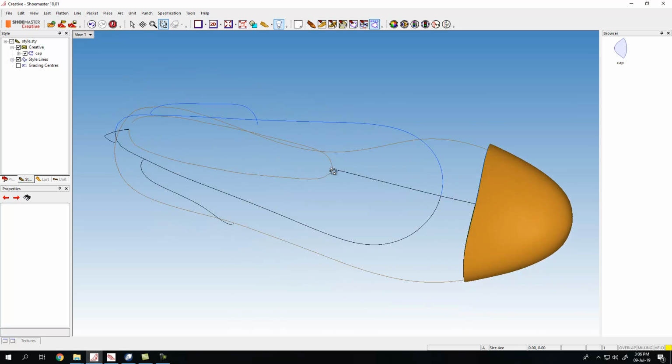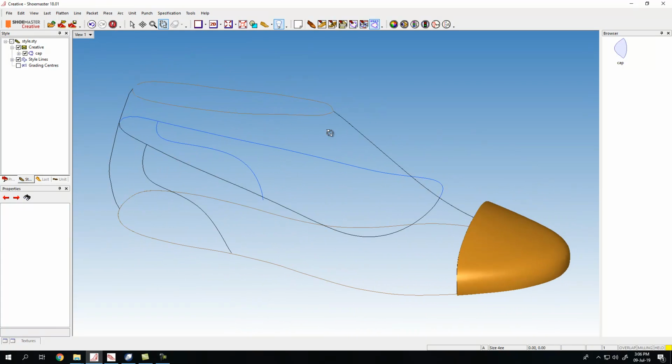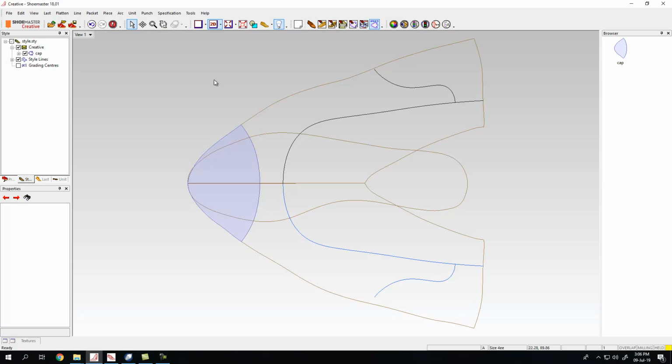Redraw the piece and the style lines. Now we can see the style lines and where the piece is. And this functionality is the same in the 2D or 3D. So when you're starting out, I suggest that every time you want to make a new pattern, go to redraw last and style, and then we can see the style nicely. Okay, so the next piece,